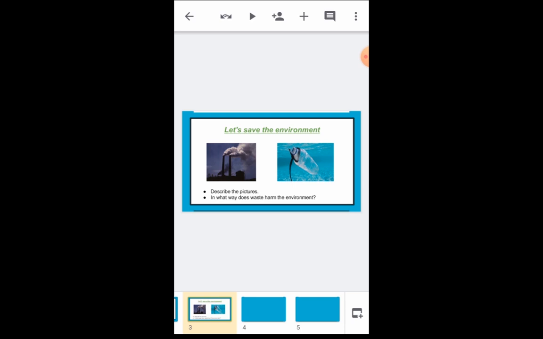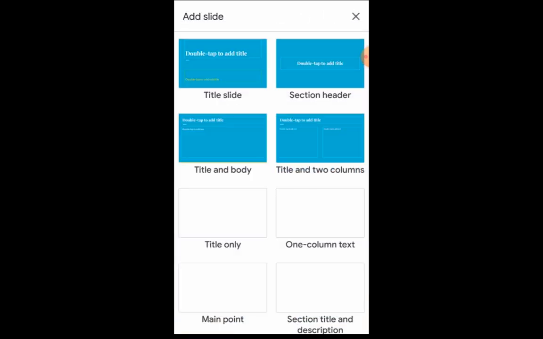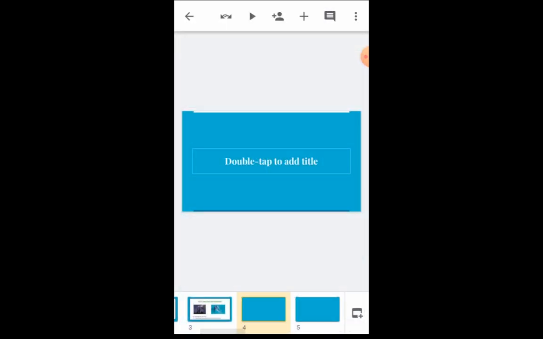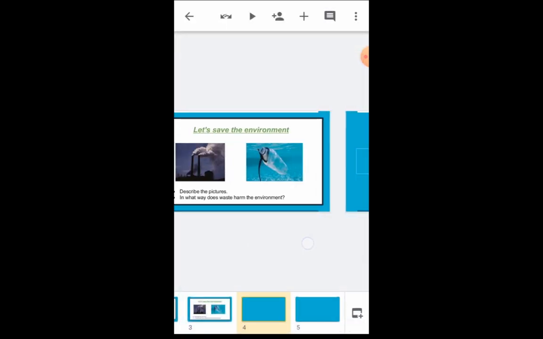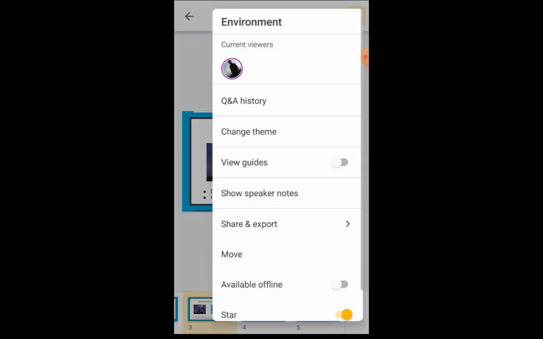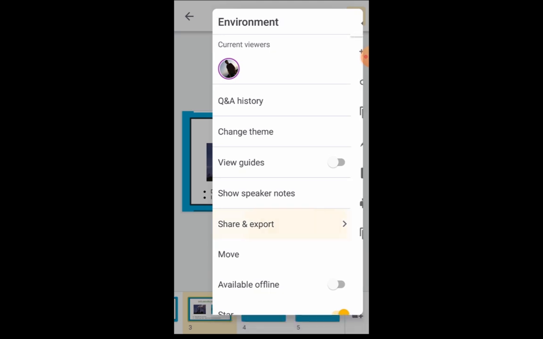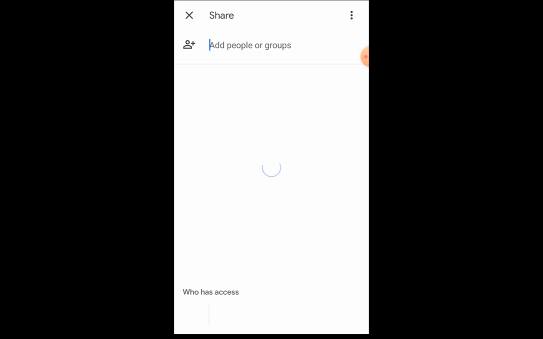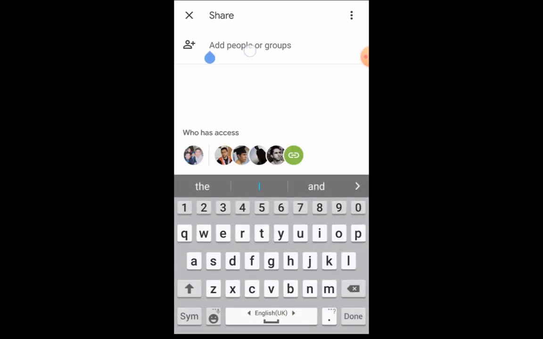To use collaborative work, as we can see here, we have clear instructions. Students are required to describe the pictures and in what way waste harms the environment. You should add more slides for your students in which they can answer. Last step, you should share it with your students. In my case, I will just share it with, let's see, yes, Abdullah. Abdullah now is my student. He can edit the slides so that he can